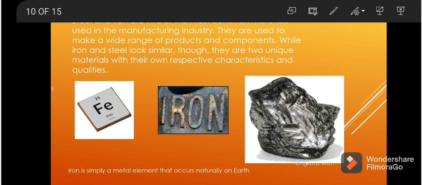That means iron has stains here. I have shown the spots in the sample. You can see in the figure the yellow stains in the iron, and they have different properties. This iron is a naturally occurring material. It is available in the earth's crust. That means this is a natural one.